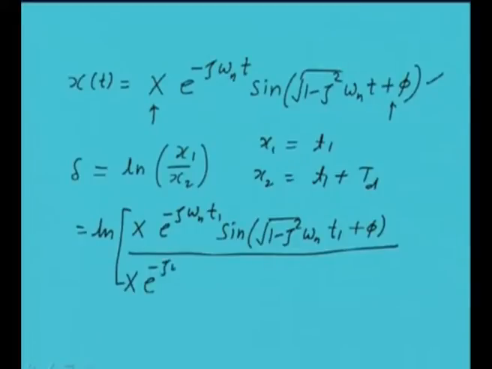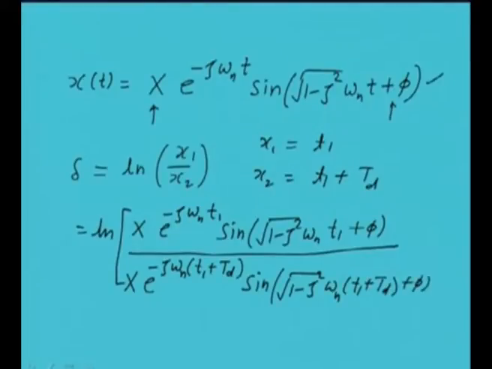This we are writing for time t2, which is nothing but t1 plus td, the damped time period. Then the sine term, here also t1 plus td plus phi. So now you can see that some of the terms in the numerator and denominator are common. Also this quantity